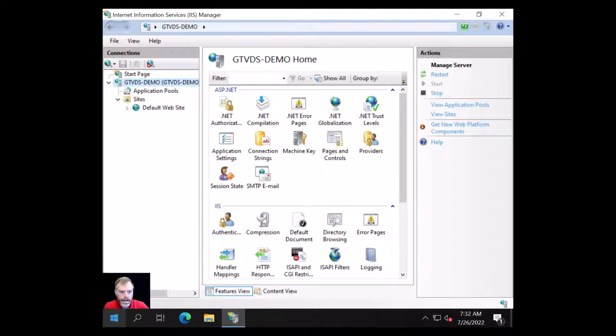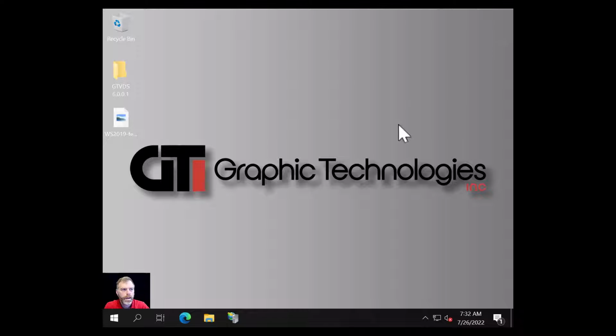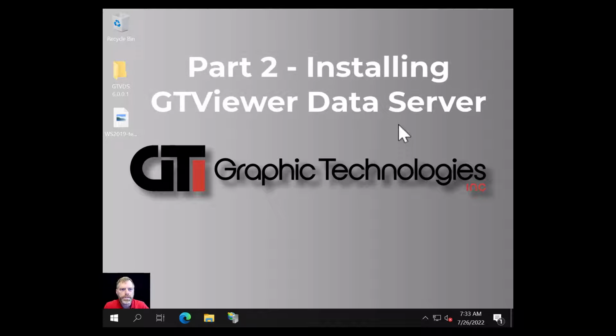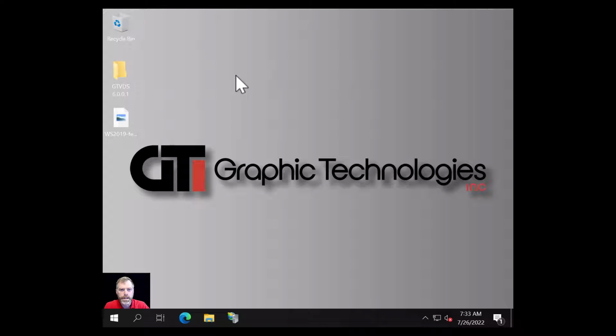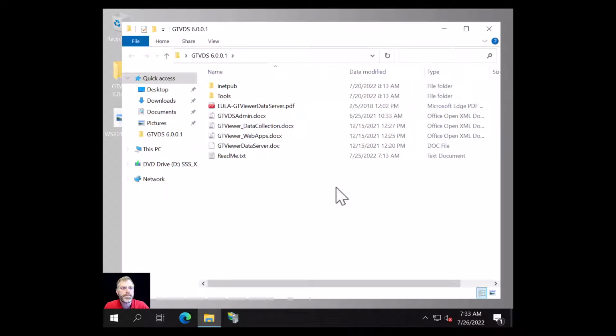Okay, now that IIS has been installed, we can move on to installing the GTViewer Data Server. GTI delivers the GTViewer Data Server as a directory of files, and I've already copied those files to the desktop here. I'll look inside this directory, and you'll see there are a couple of directories and several files.